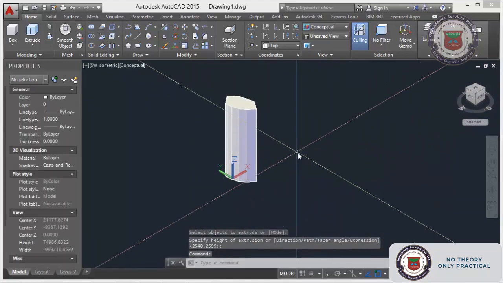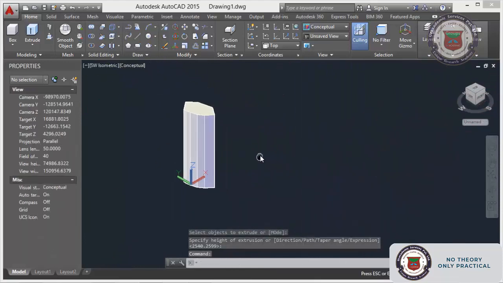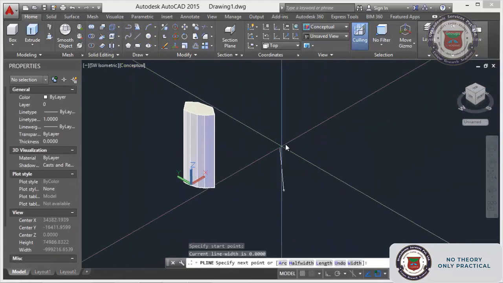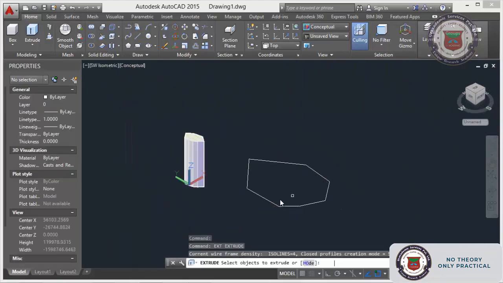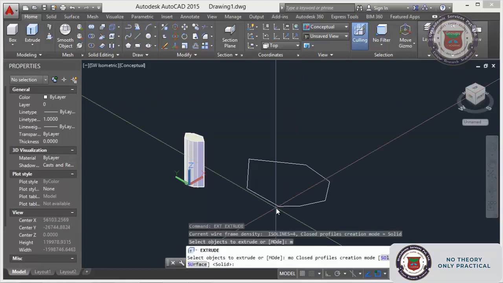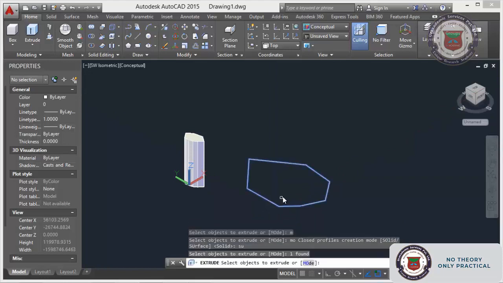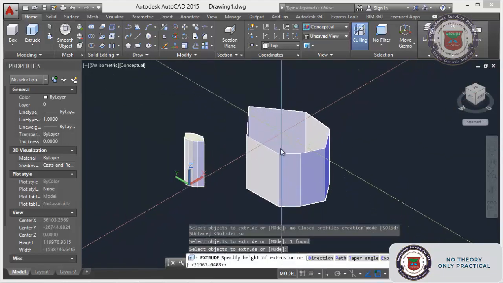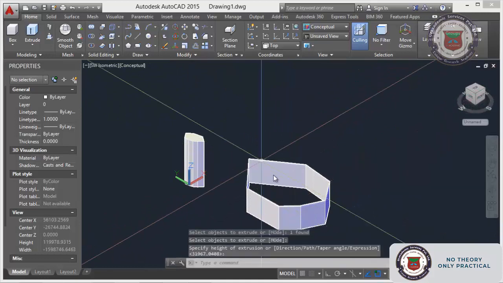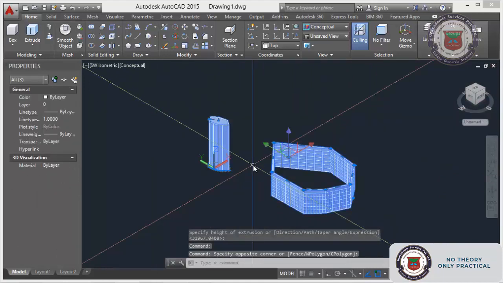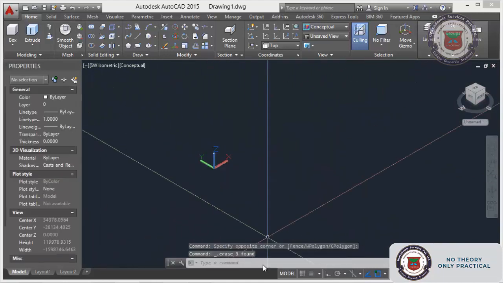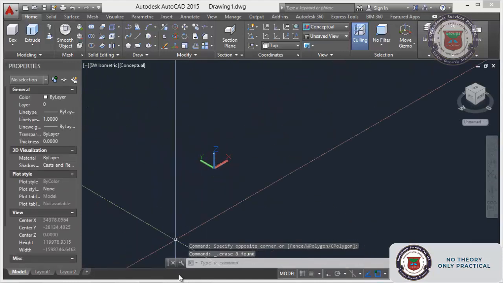Okay, I will work on one more with surface only. For that one, close. Yes, close. Extrude mode. I can give surface. Select. You see the difference between the two. See, this is only surface, this is solid. Both options we will work out in this command. Okay, fine. Now you have understood about the extrude command.